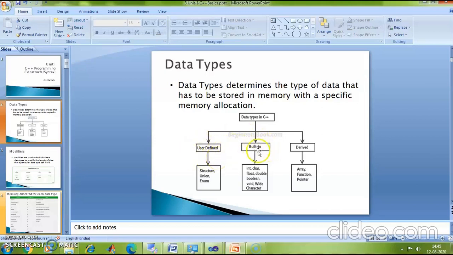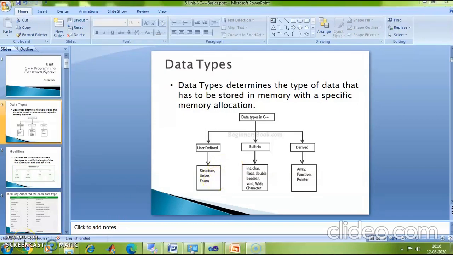They can either depend on built-in data types or on user defined data types. So also if you have pointers, this pointer can point to the address of an integer variable or the address of a floating point variable or the address of a character variable, right? So they depend on either built-in data types or user defined data types.